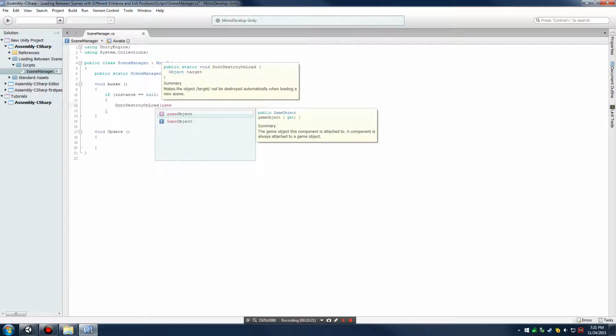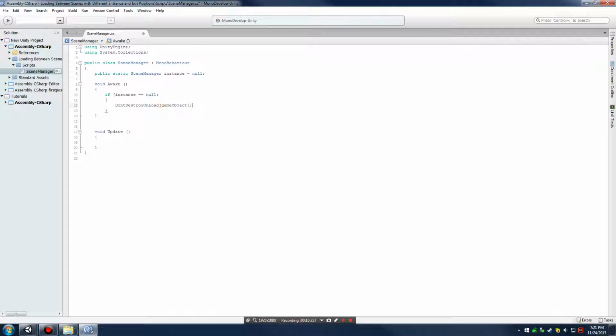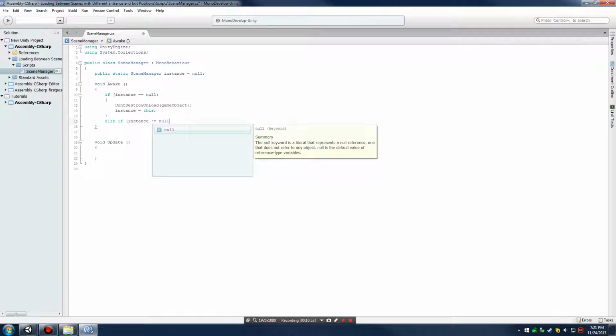And what do we not want to destroy on load? This game object. This is going to make sure our scene manager is going to stay permanent between different scene loads. And we're going to say instance equals this. So basically, when we load a new scene or go into a new scene, we're not going to destroy the previous scene manager, and we're going to set our variable to point back at our class we're working in right now. We're going to say else if instance does not equal null,